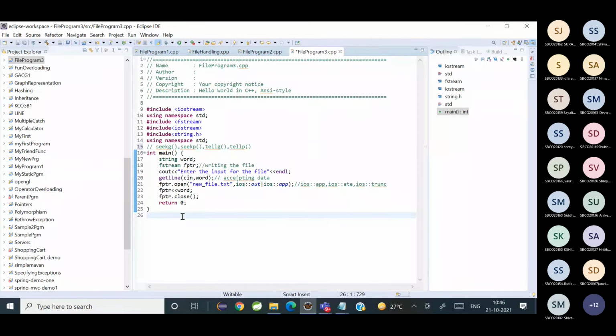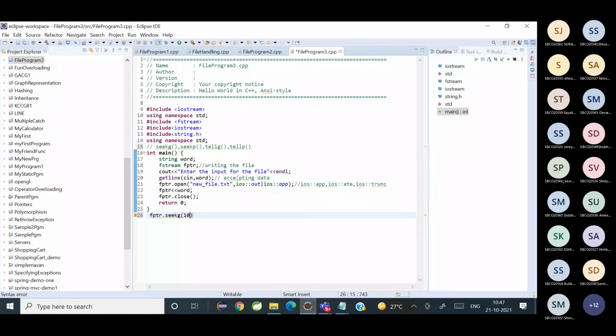I'm just writing the statement down, it's not inside the code. Suppose I write fpointer.seekg(10). So 10 is a number of bytes. So put the file pointer after 10 bytes. That is the meaning of seekg.